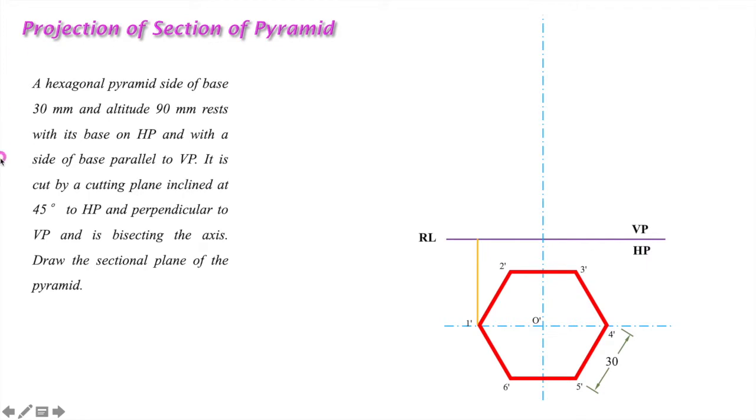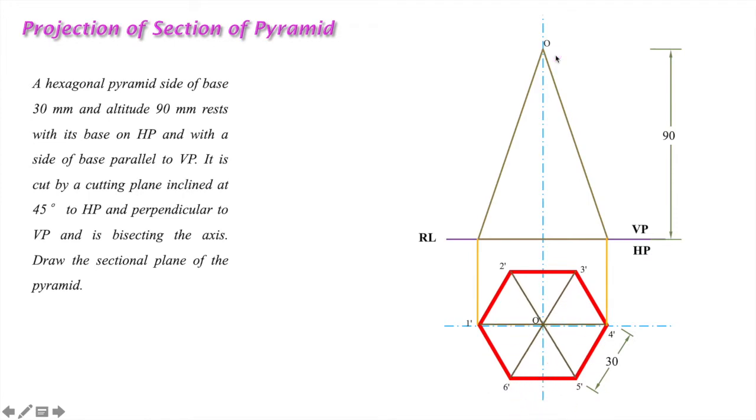To draw that triangle, get the base of the triangle: draw the projection line from 1 and the projection line from 4, meaning from the 2 extreme ends. Then this is the base, and the height that is given is 90. Then you have to join these points. Why? Because this is the slant height. We are getting point 1 here, point 4 here, and the rest is the slant height. So we are getting the slant heights from here.